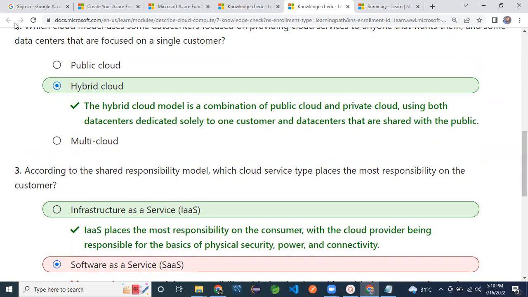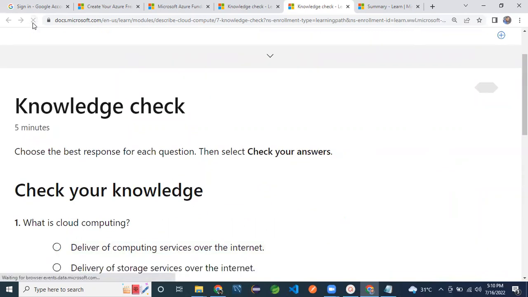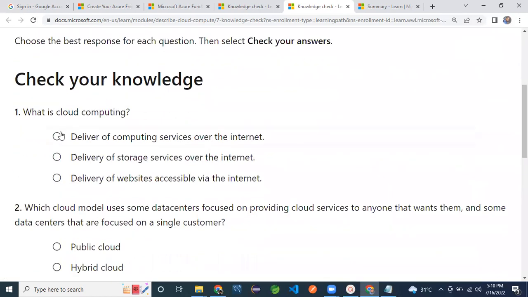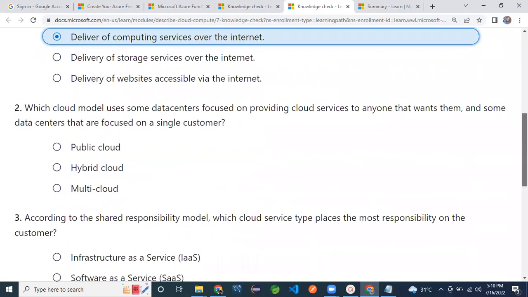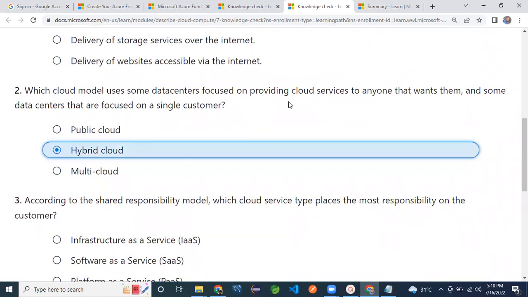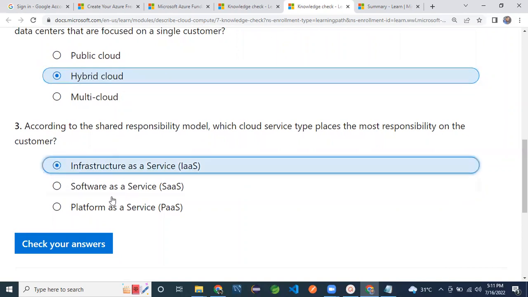So this is just a knowledge check. Like this, you can check your knowledge, refresh, and write it again to see whether you are right. That is a hybrid model for anyone or for a specific single focus. According to the shared responsibility model, the cloud service that places the most responsibility on the customer is infrastructure as a service.